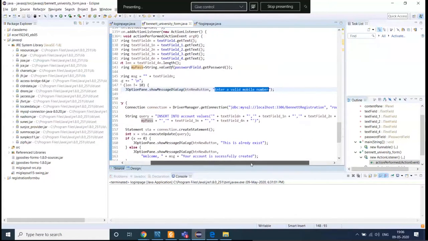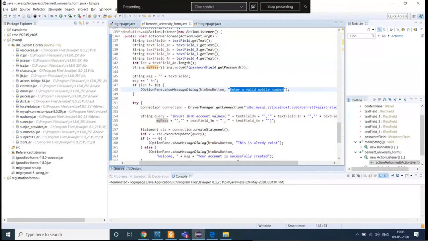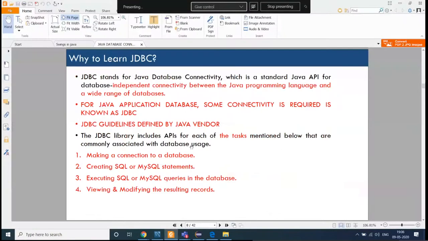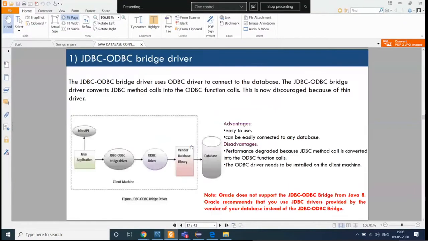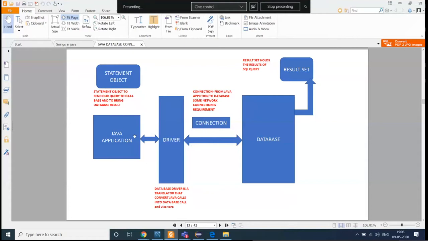Now the main component that comes into your part, that is your JDBC part, and this part you should know. So whenever you are performing your JDBC part, I can show you with the help of this example, so that it becomes very easy for you to understand. See, right now you are having a Java application. Right now we are creating our Swing application, a Swing GUI application we have created.